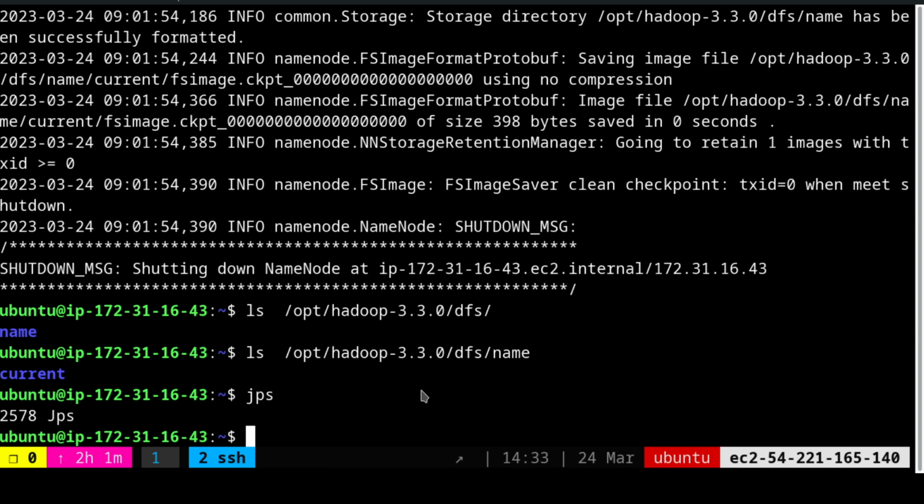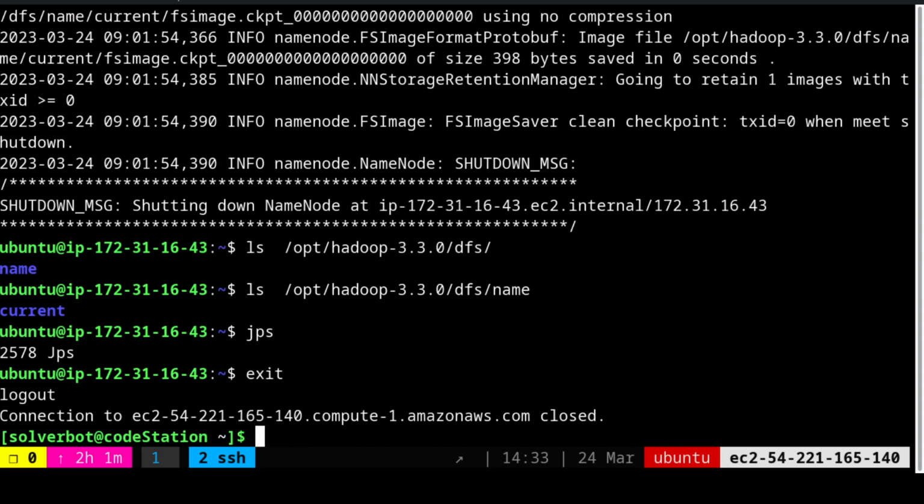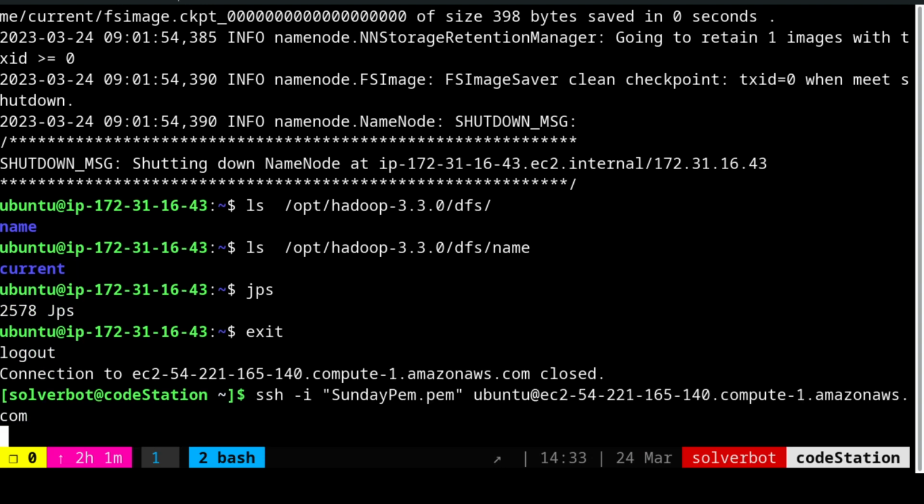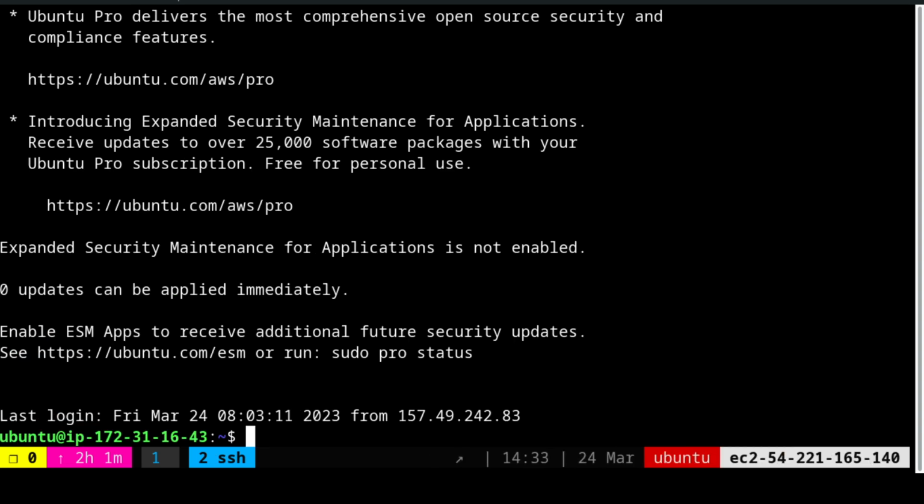Okay. Now, since I have to exit out of this particular Ubuntu SSH connection and enter back, I'm going to exit now, so that the profile files that we changed get read and the environment variables get registered. So now if I enter back in, and hopefully it will work, yeah. Now if I check the path,